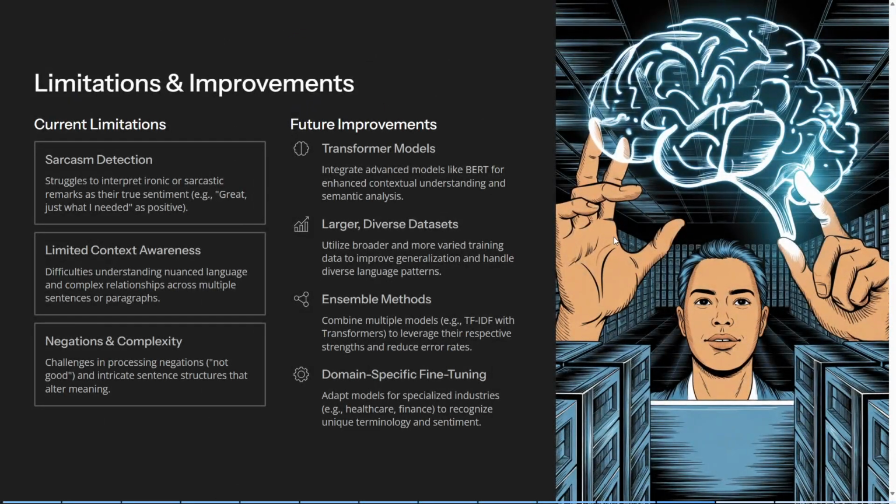Limitations and future improvements. I would say despite its effectiveness, the model has some limitations. Sadly, it struggles with understanding sarcasm and deeper context. It also relies heavily on word frequency rather than meaning. So as for sarcasm: great, just what I needed. Limited context awareness, sadly. To improve the model, future work could involve using more advanced models like transformers such as BERT, which better understand context. Additionally, expanding the dataset could further improve